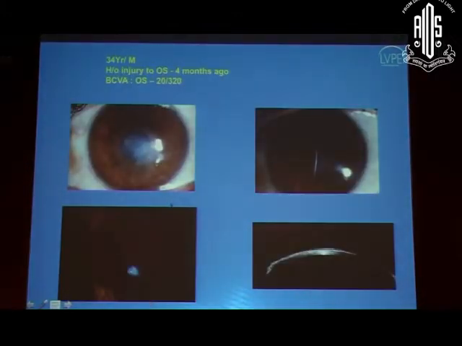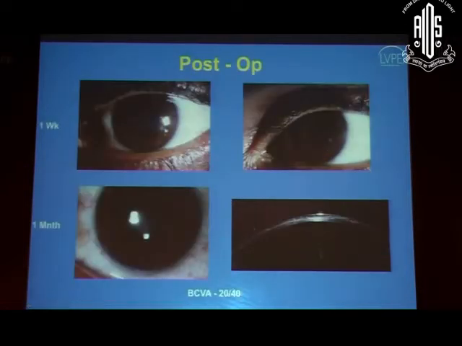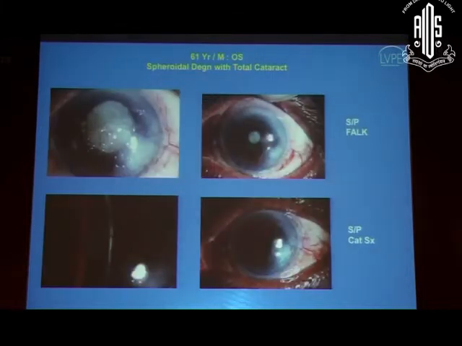So this is one case where there's a corneal scar due to a foreign body. In fact, there was a glass particle lodged into the corneal stroma. So we did FALC, and we had a lot of trepidation whether the gas would go below the foreign body or not, the glass foreign body. So it did, and we could just remove the corneal tissue, including the glass foreign body, and put into place a donor lenticule of 150 microns. So this patient is doing extremely well.